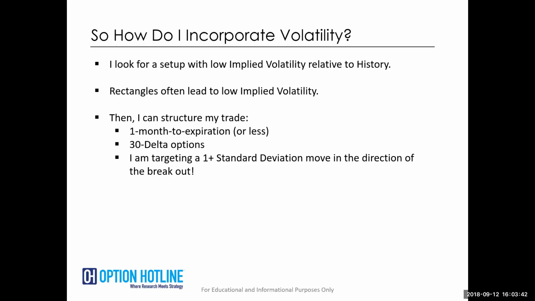Well, guess what? A lot of times when we're trading in a rectangle, that drives low implied volatility. When we're not moving, people don't often buy options. They sell options, expecting us to continue not moving. But they don't necessarily move on the implied volatility, move on the options right when we trigger the technical signal. They wait until we've actually started moving. So if I can get into the options just before we're about to start moving like crazy, I get this great entry point.